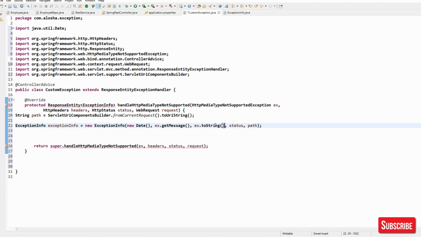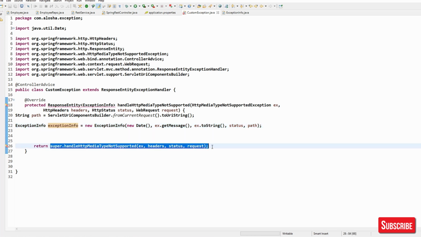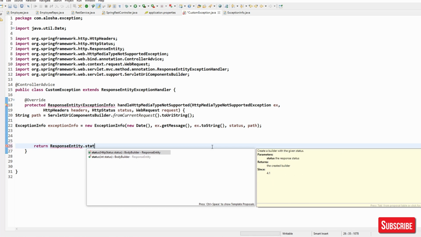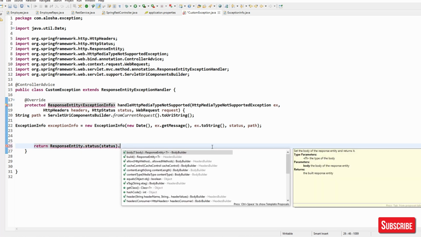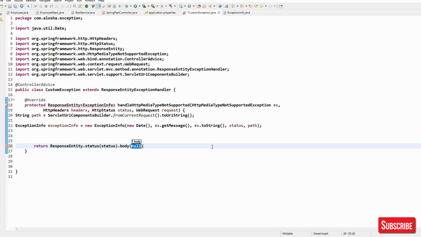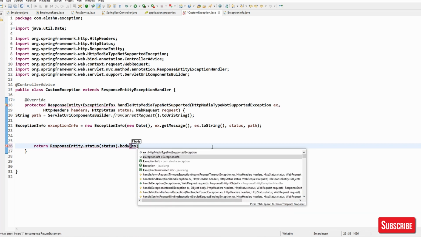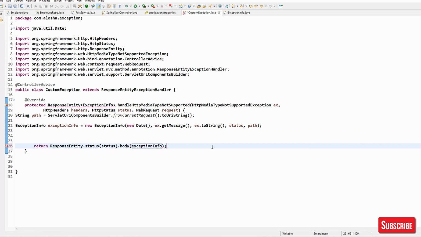Now we'll return super, ResponseEntity.status, and that will be the default status. The header we don't need as such. The body will simply be ExceptionInfo.